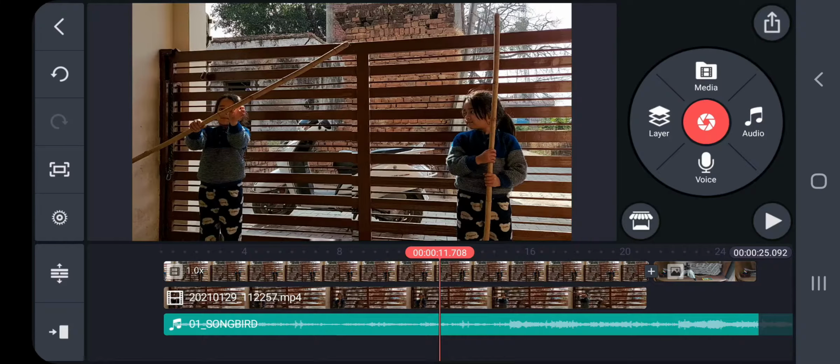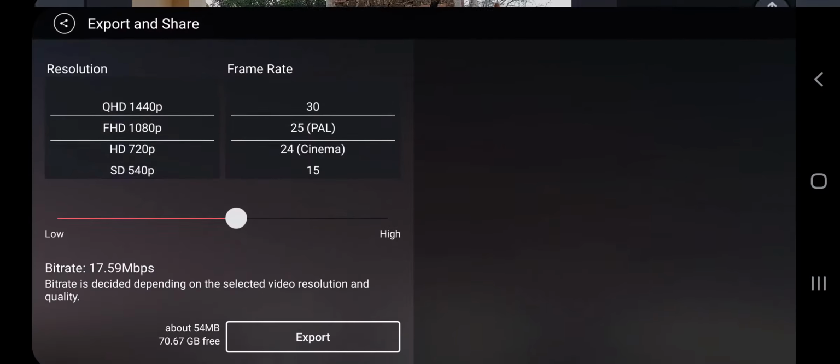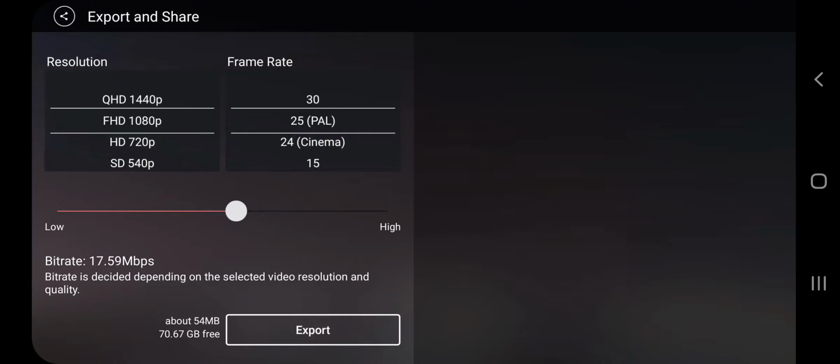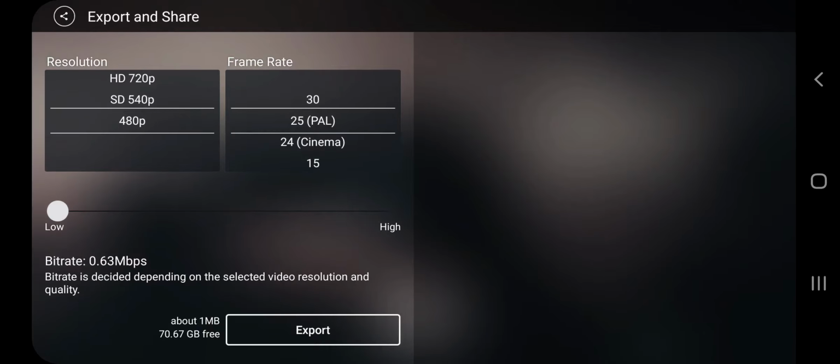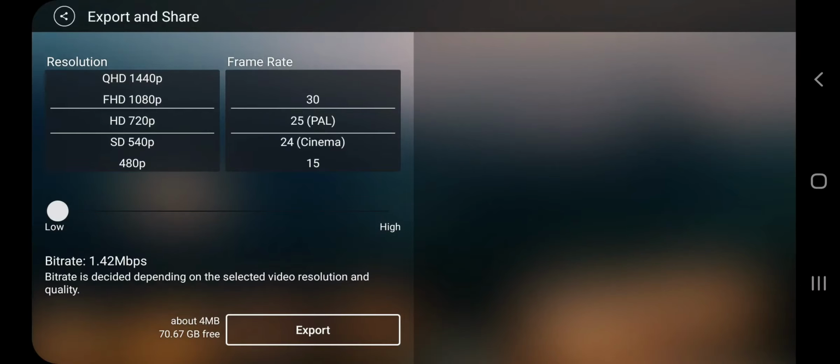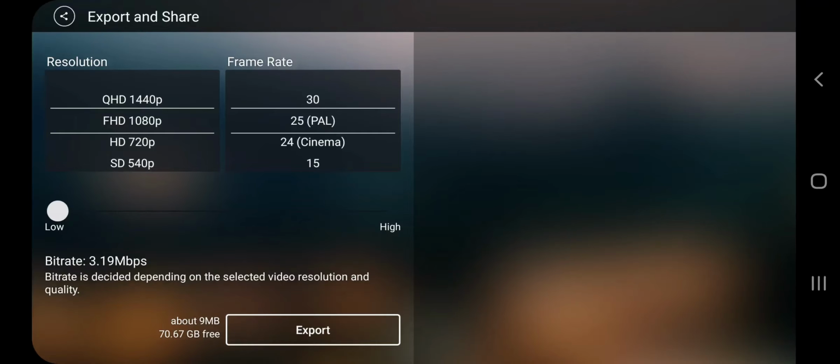And I hope exporting, you know very well how to export. Because this is the latest one, I'll click on the right side on the top, and then I'll export. But as you have to send on the app, you can make it to 480, and from 480 you have to move that white dot towards the low side, so that the movie should be of very small size. But if you are just sharing it on WhatsApp or something, or for your personal use, you could use FHD 1080.